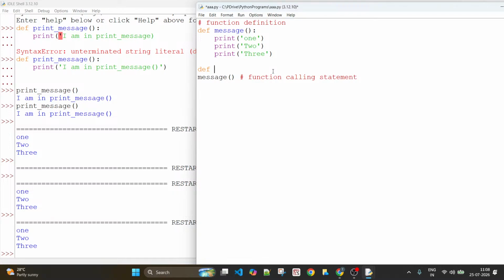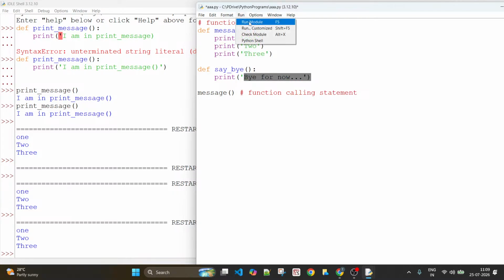You can say define say by. Okay, this is a function. It may have only one statement. And if I run this, what happens now? If I run this piece of code, what would happen? What would be the output? It would be just 1, 2, 3, but this won't be printed.